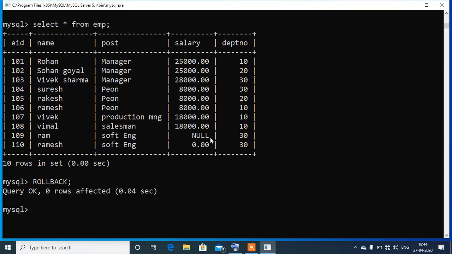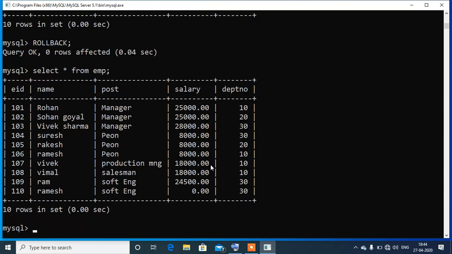So the changes made by the previous command will be erased. So if we see the content of the table again, we'll get 24,500 as a result.